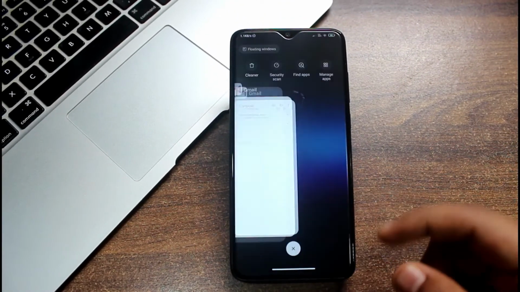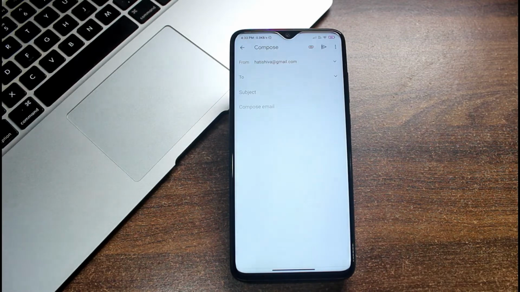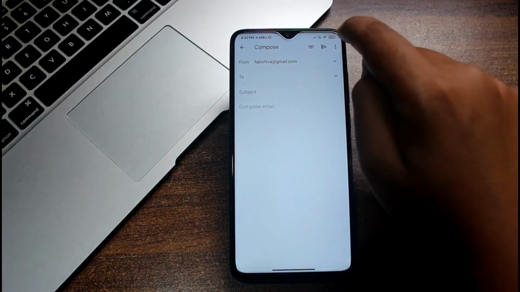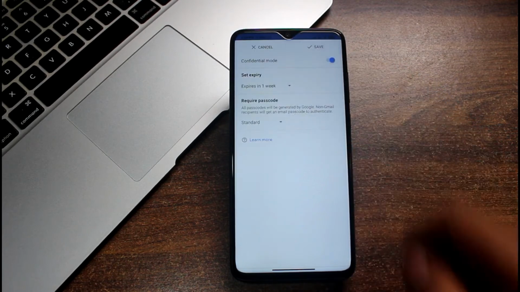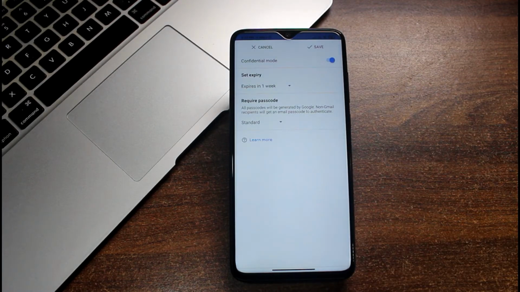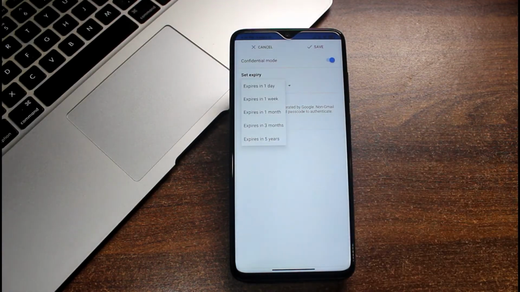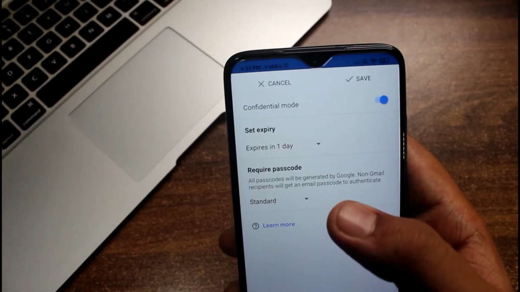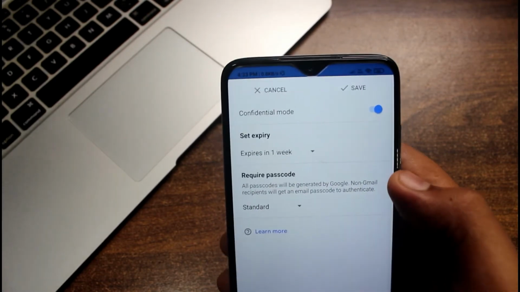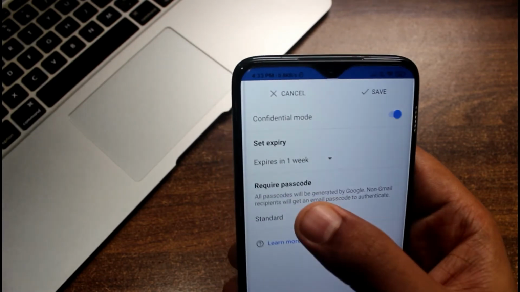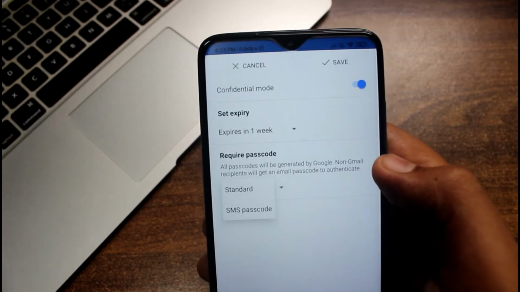Alright, the next trick is related to Gmail. If you are sending an email to someone, you can simply tap on this 3 dot menu and then select confidential mode. By enabling this mode, you can actually set an expiration date for your email. For example, I set it to expire in 1 week. The mail that I am sending will automatically get deleted from the recipient's inbox within a week.